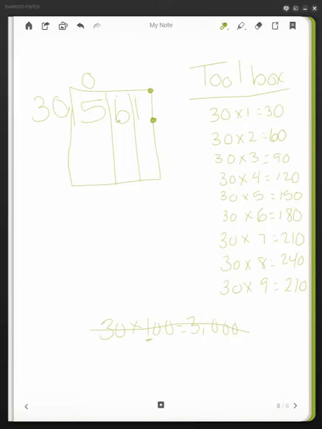So then I move to my tens, and I think 30 times 1 is 30, so 30 times 10 is going to give me 300. If I did 30 times 2 is 60, and then I thought 30 times 20, so two groups of 10, that's going to give me 600, and that's too much. So I have one group of 10. So I show my one group of 10 here, and that was 300. So I subtract,